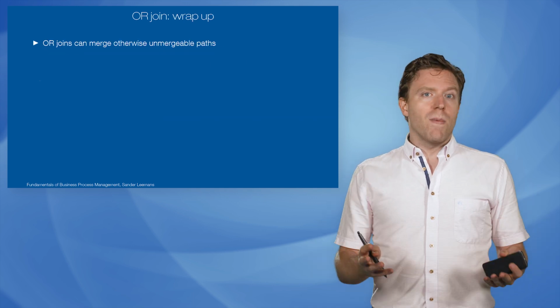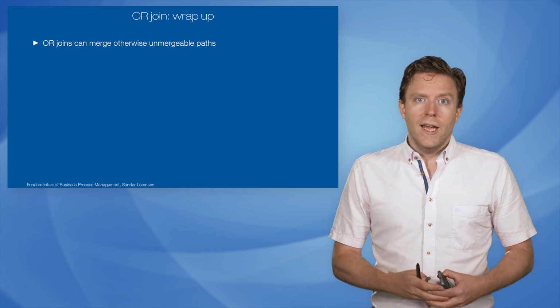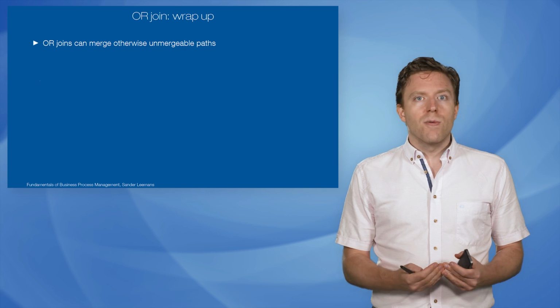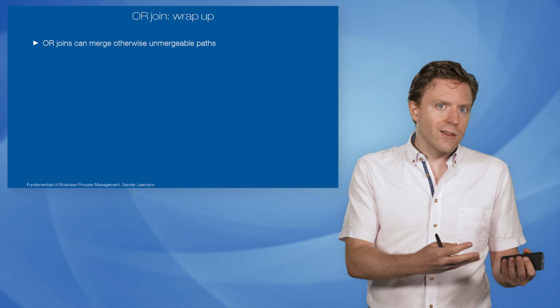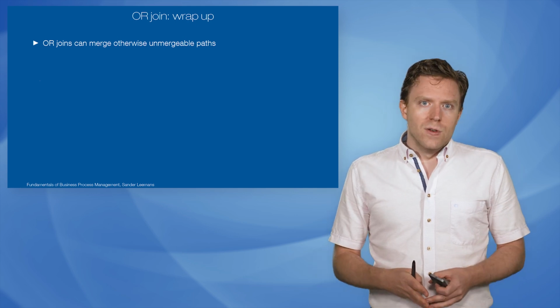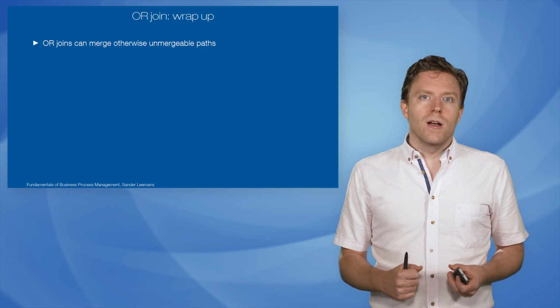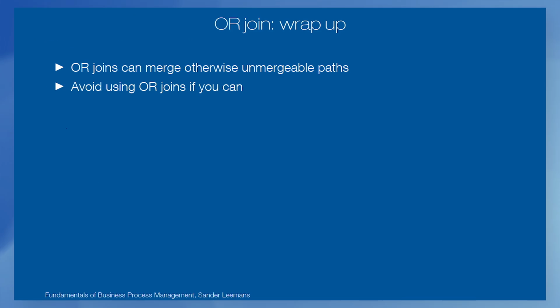So, to wrap up the OR join. OR joins can merge paths that are otherwise very difficult to merge, because you end up with situations like deadlocks or remaining tokens. We don't want that. So with OR joins you can merge those paths because OR joins will look back, can a token still come? Very powerful. But